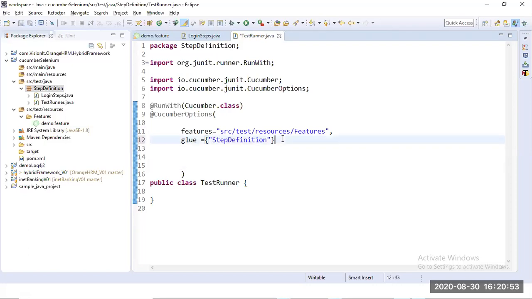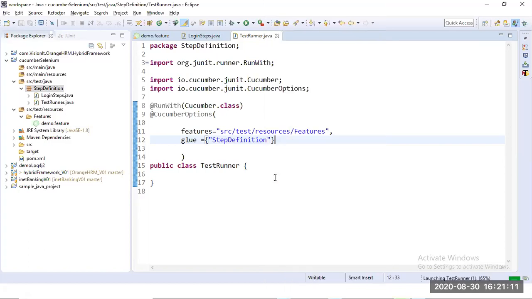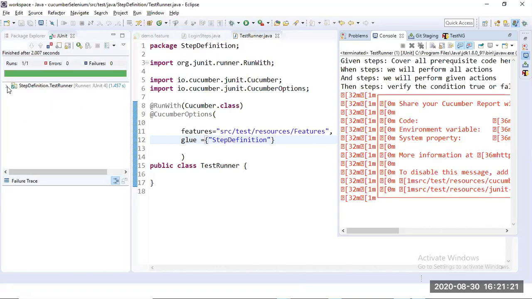So I will specify the package name, and from here also we can run these feature files. How will you run? Right click, run as JUnit test. Like that we will run. So you see it's recognizing, we are executing this step definition.